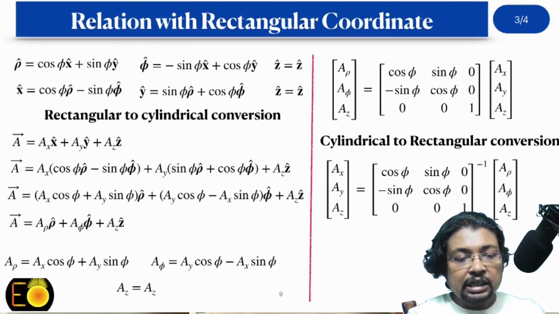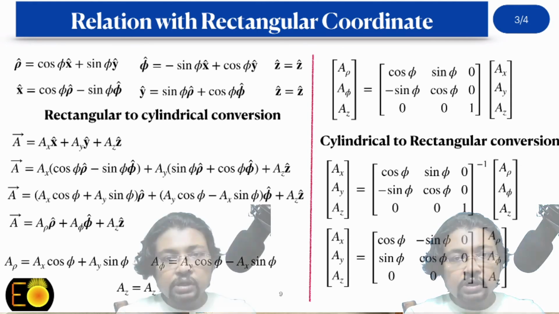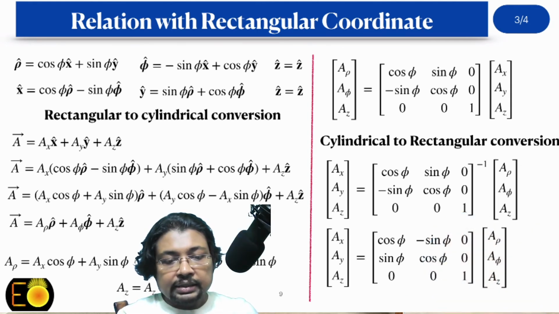And that representation results in such kind of matrix. Just look at these two matrices, this first one and this one, because this is the inverse of this first one, and this inverse obviously will result in this matrix. If you look at these two matrices, then you will clearly understand the main difference between the two matrices